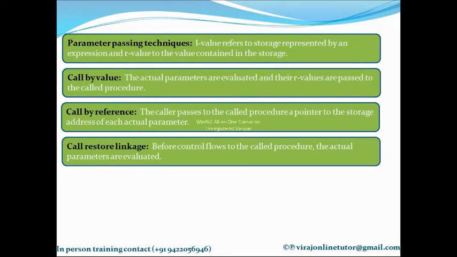So operations on the formal parameters in call by value do not affect the values in the activation record of the caller. It only affects the activation record of that function itself. So in call by value, we just pass the R value from the actual parameter to the formal parameter. So just the R value is passed to the function, and that R value is only active inside the activation record of that function itself. So whatever changes I do to the formal parameters only happen in the activation record of that function itself. That's why these changes are not reflected in the activation record of the calling program.